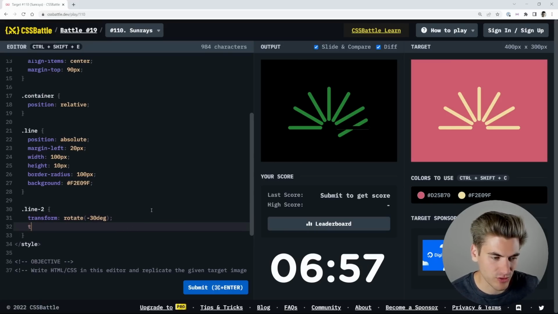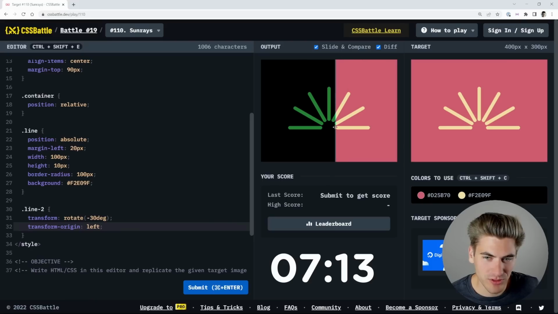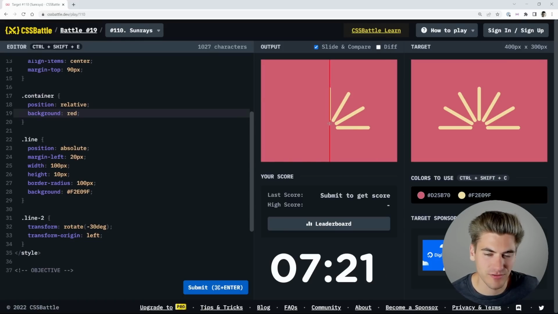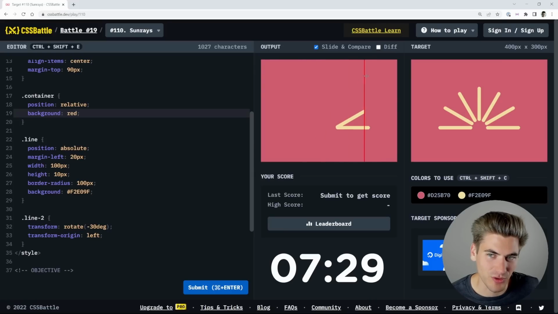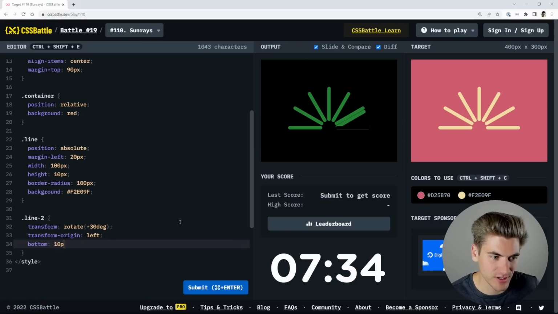And I think I want to change the transform origin to be the left. Is there bottom left? Top left? Center left? That's mostly in the right location. I wonder what our container looks like if we just say background red. I get rid of this div. They need to have space between each other. Oh, that's my problem. I need to offset them because right now they're all starting in that same exact point. So this needs to have a bottom of 10 pixels or something,